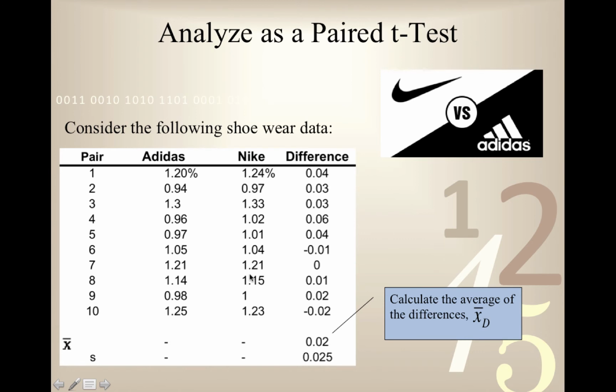So we would have a mean for Adidas, a population mean for Adidas, and a population mean for Nike. But now we have condensed that into one difference column. And now we only have one sample statistic, a sample statistic of the difference that is going to be part of the distribution for the